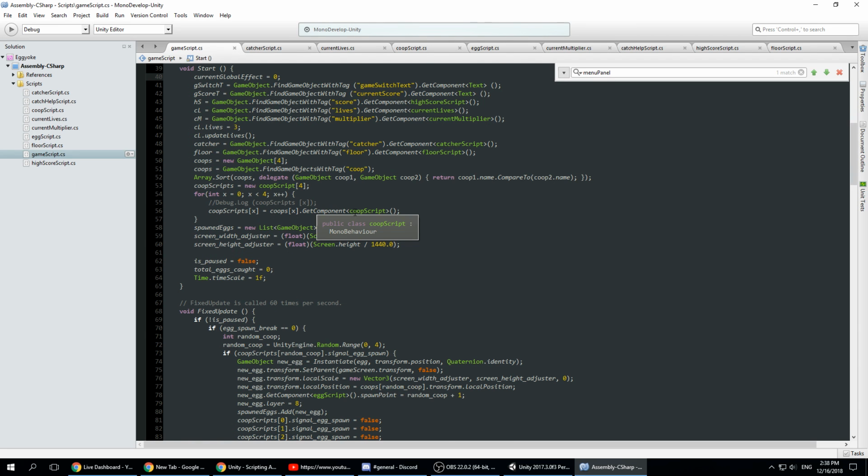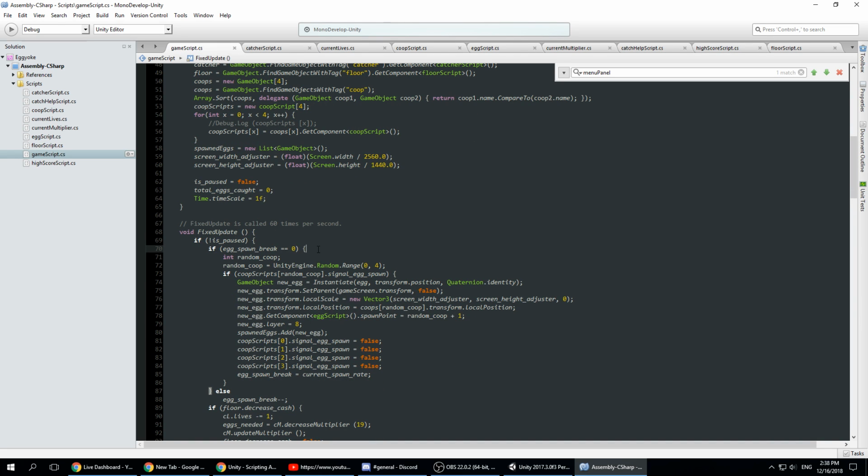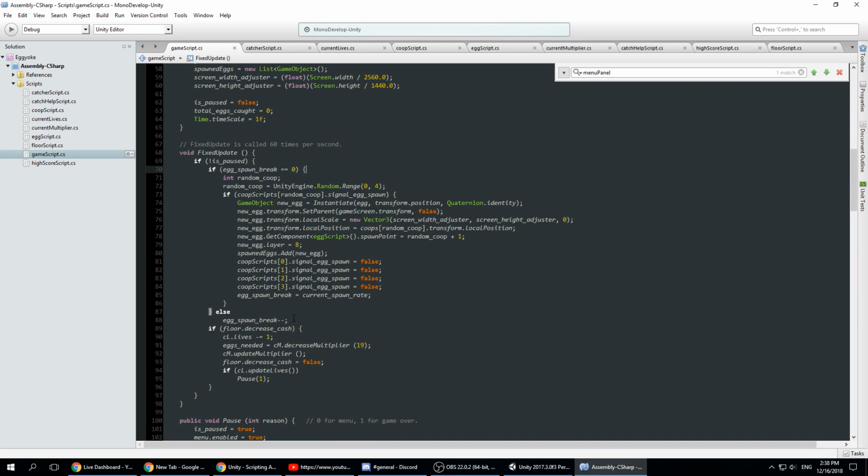and then in the fixed update, if it's not paused, you either spawn an egg or you don't spawn an egg. And if the floor says you need to decrease the cache, then you decrease the cache and check if you have to pause the game with game end. You have to check if you decrease the multiplier, all of that good jazz. Now,